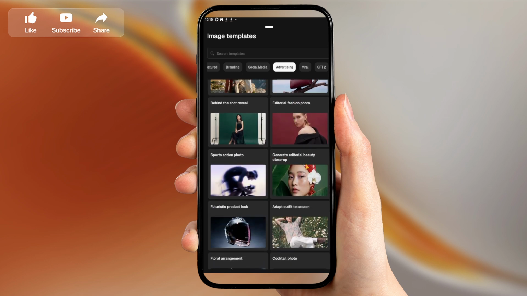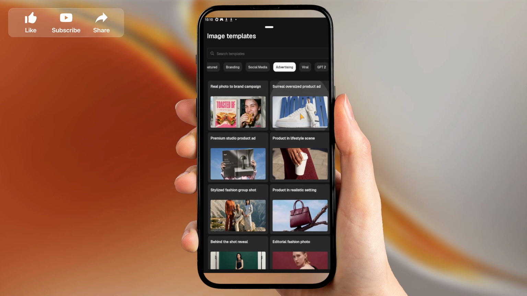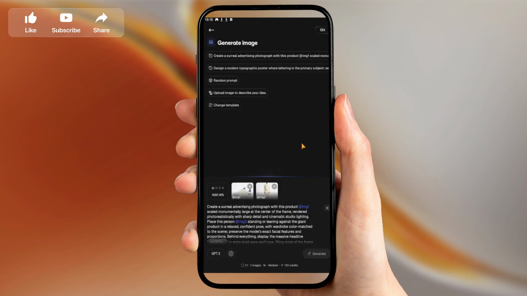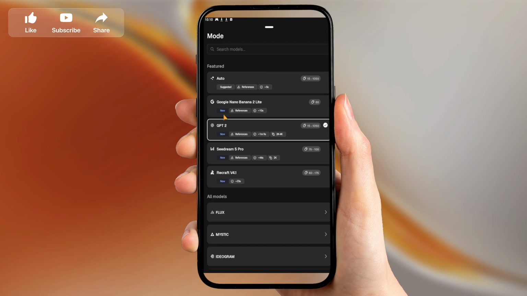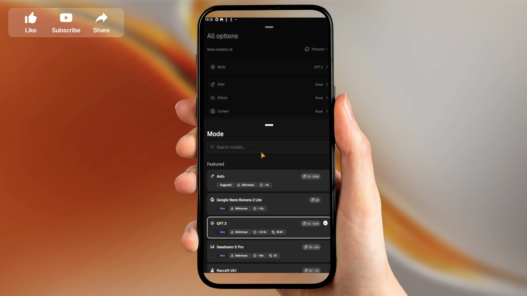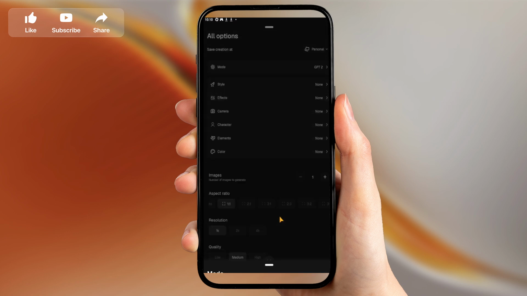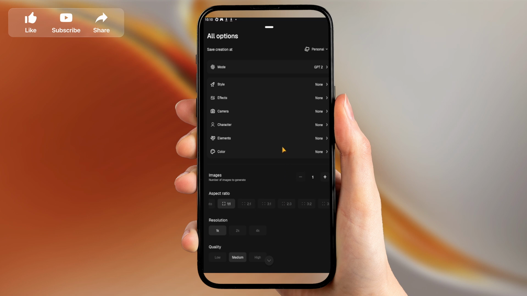Next, tap the settings icon to fine-tune the generator. Here you can choose a mode, such as Google Banana or other available options. Modes influence the look and feel, things like sharpness, stylization, and realism. For clean catalog images and marketplace listings, lean toward crisper, product-focused modes. For lifestyle ads, a slightly more stylized mode can help your visuals stand out in feeds while still keeping the